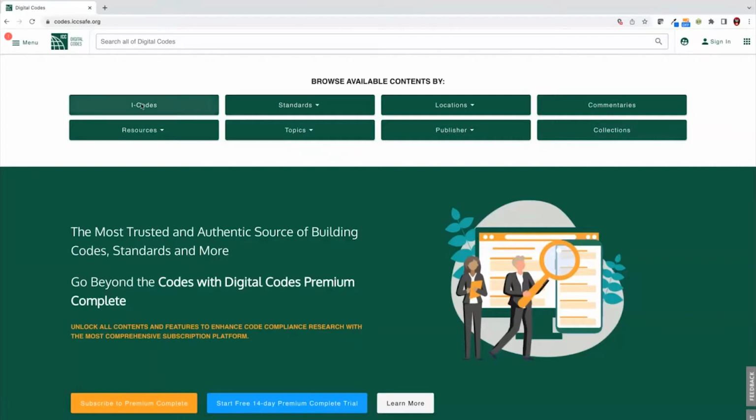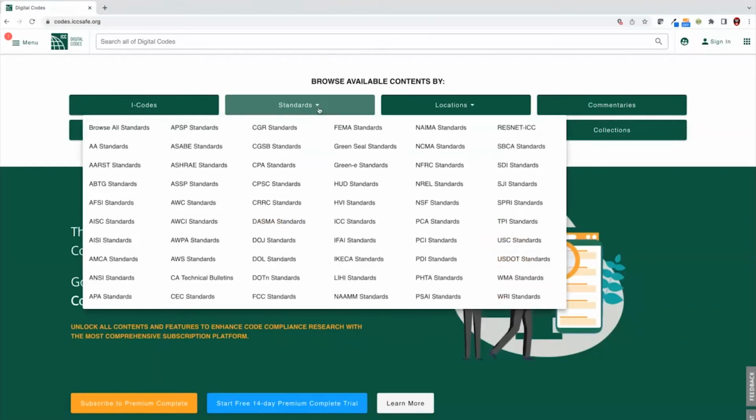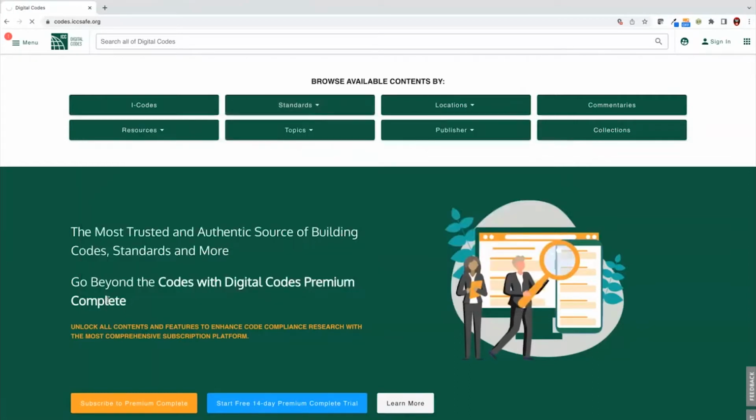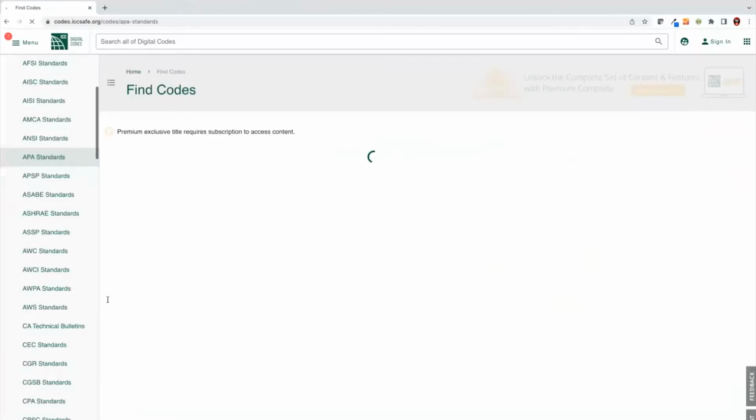So as we go across the top here, we have iCodes first. Our standards is a growing set of SDO, Standards Development Organization titles that are referenced across the iCodes and our custom state codes. And this dropdown here allows users to quickly see all of the SDOs that are representative across the site and jump immediately into them, APA for example, to see the titles that are available on Digital Codes